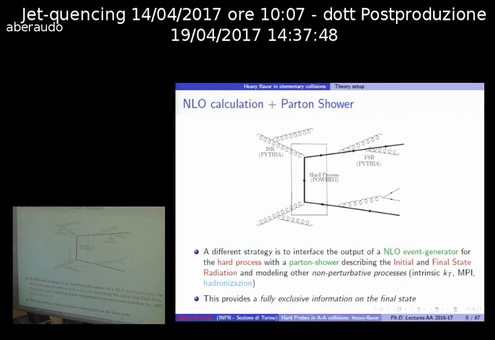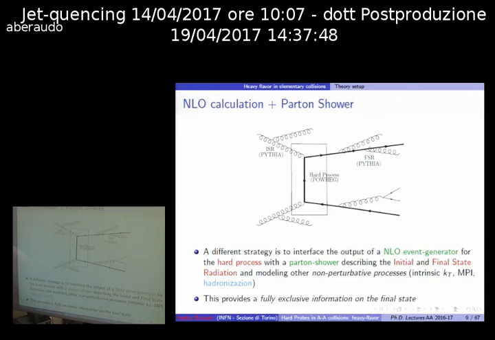So essentially, you simulate within such a setup both the hard process, in which we have a 2-to-2 or 2-to-3 process, in which you produce sufficiently hard partons in the final state. Interface it with some other automated tools like Pythia or Herwig, which take care of also simulating the radiation of soft collinear gluons in the shower, and also other possible non-perturbative effects, like an intrinsic kT of the incoming partons, which are not perfectly collinear,